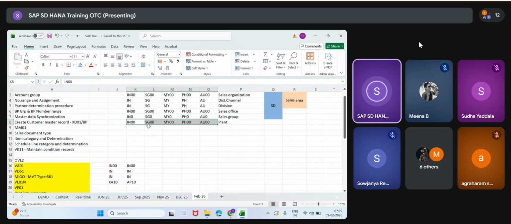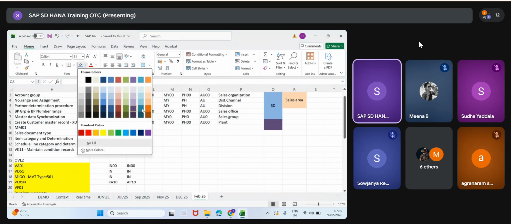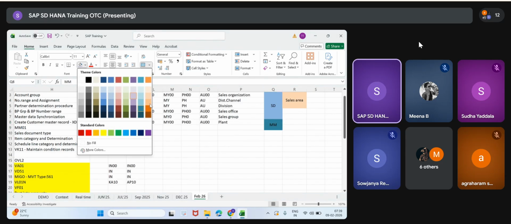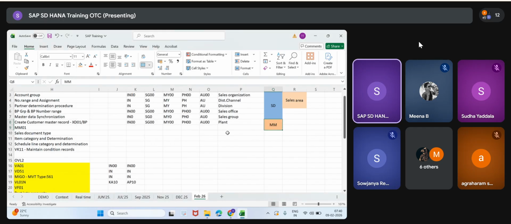It may be alphanumeric, it may be numeric, whatever they require. The inventory and material management team will take care of it. Plant and storage location.